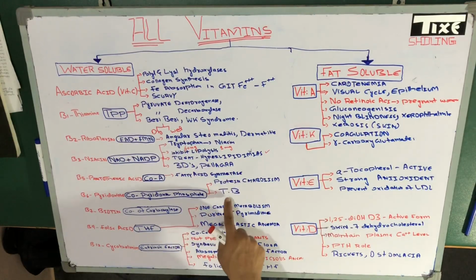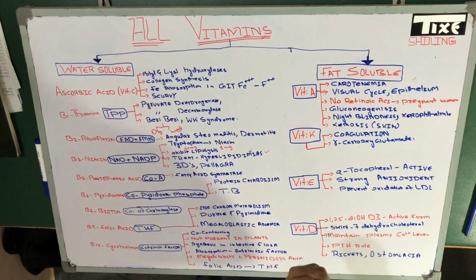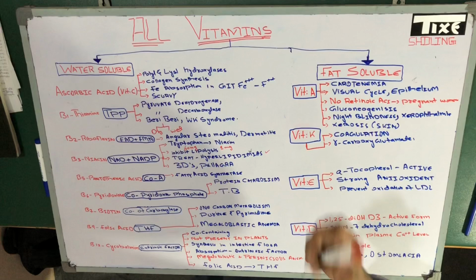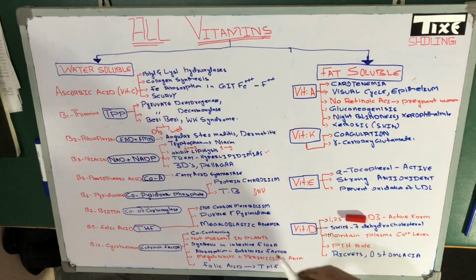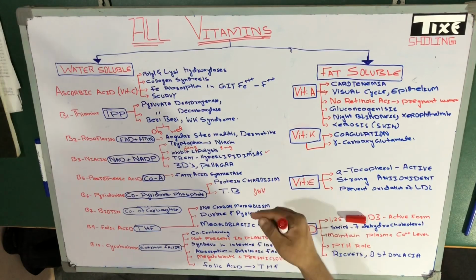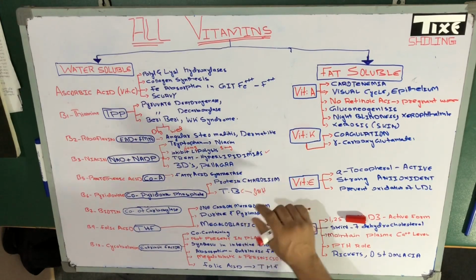All right, I've mentioned TB here. I didn't mean anything that causes TB or something else, but there was a related thing I have to explain regarding this vitamin. So what happens? There is a drug named isoniazid, which is also shortened as INH. This is a drug that is prescribed to patients having tuberculosis. So when you are giving a person this drug INH to treat TB, what you have to do,